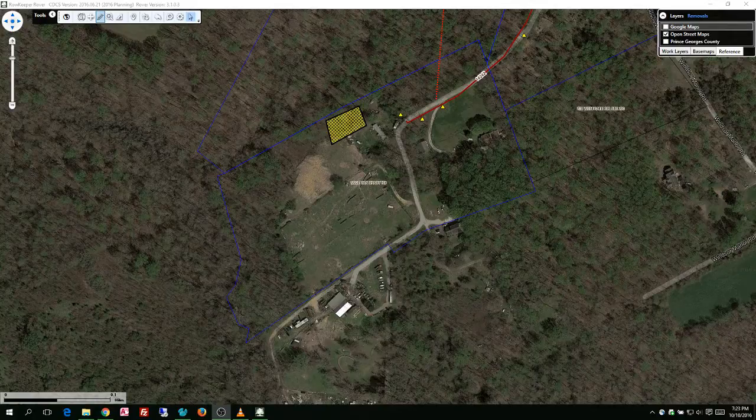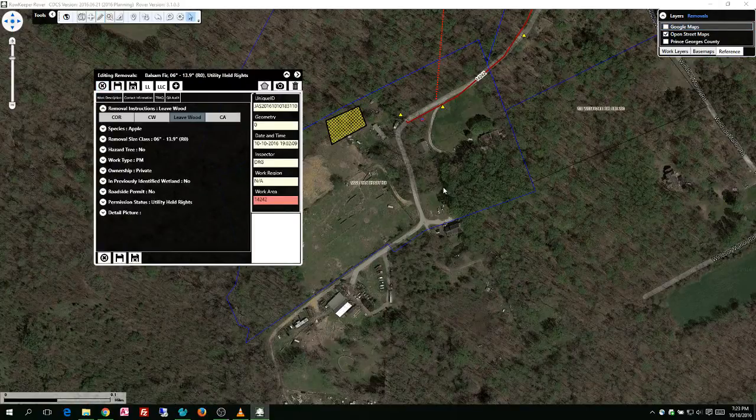In my version of Rover I have here, I have a parcel with 3 removal points and a brush record. And if I wanted to edit one of these particular removals, you can see how I can click the pencil tool and then click on the removal and it opens the edit form just like it always has. If I expand this new panel,